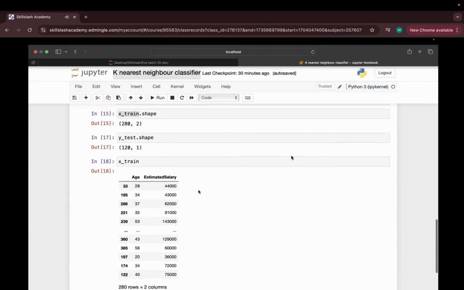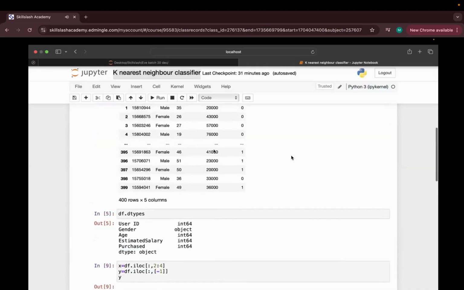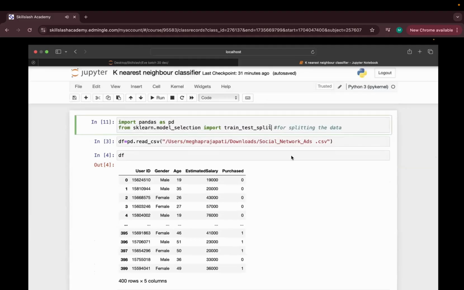Okay. Now, since the splitting of the data is done, the next thing is putting the data set inside the machine learning model. So now we have to select the model from sklearn itself. Scrolling that up again, we have to read the library from here.